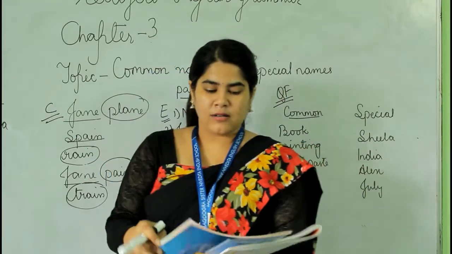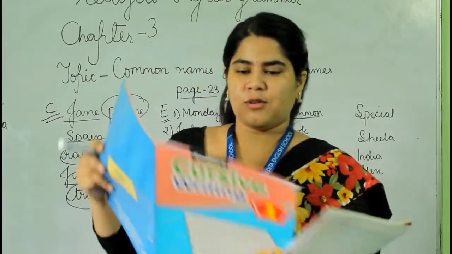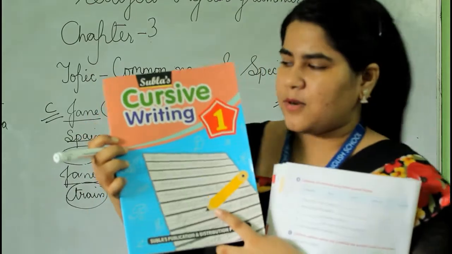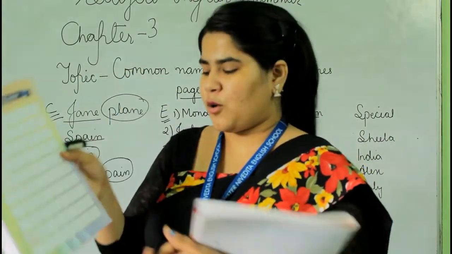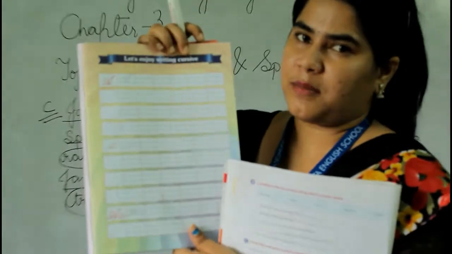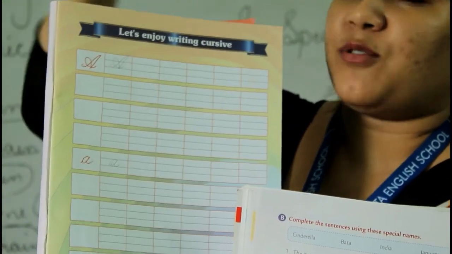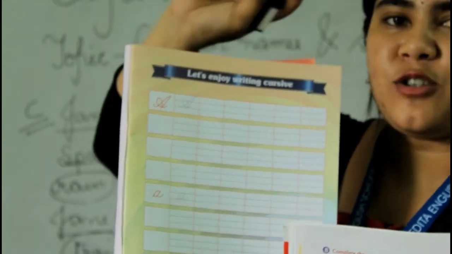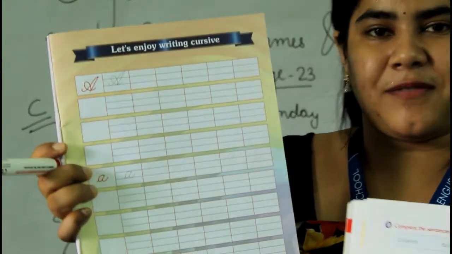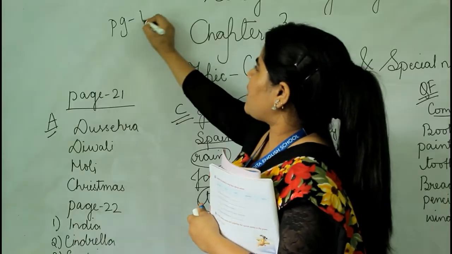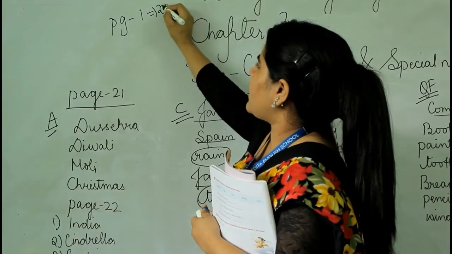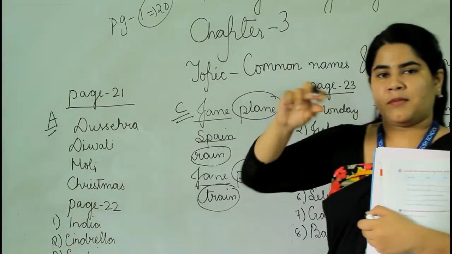Okay. And along with this, I suppose that you all have got this book, that is Subla's cursive writing book. So what you are going to do is, if you open to page number 1, you will get the alphabets. Very easy, capital and small. Only the difference is you have to write in a cursive manner, because you need to develop the habit of writing cursive letters. Okay. So just note down page number 1 to 20. Okay. No need to panic.